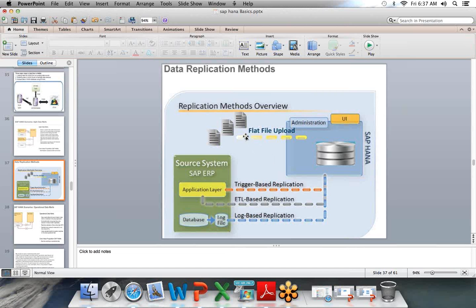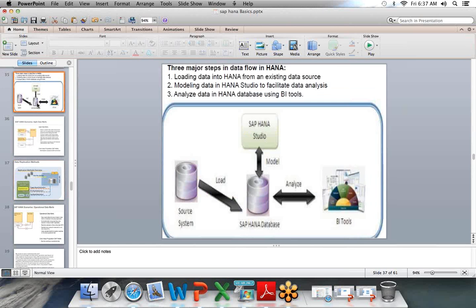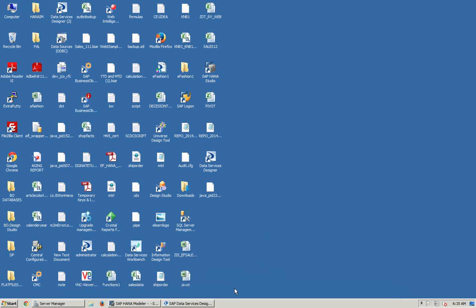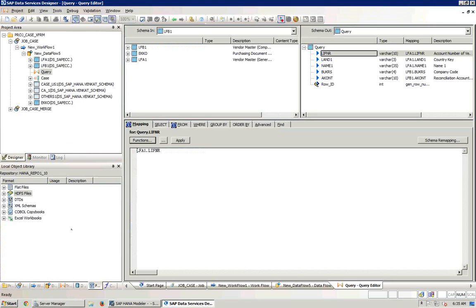From support pack 4, SAP has given direct flat file upload methods also, but it supports only 3 types of file formats: CSV, XLS, XLSX. Apart from this, we do have other data provisioning methods like smart data access and direct extractor connections also. Once the data has been loaded to SAP HANA tables using any one of these data provisioning methods which is appropriate for the client scenario,